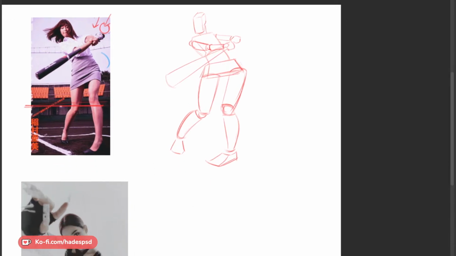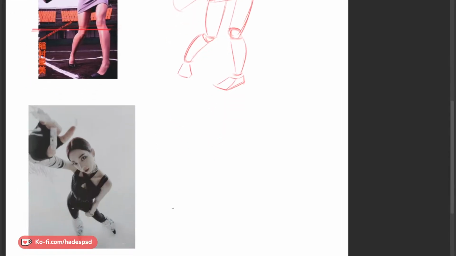I won't clean up, just so I can do more poses. So here we go, another foreshortening pose. Pretty difficult, this stuff. But the good thing is, if you understand how it works, you can kind of cheat.